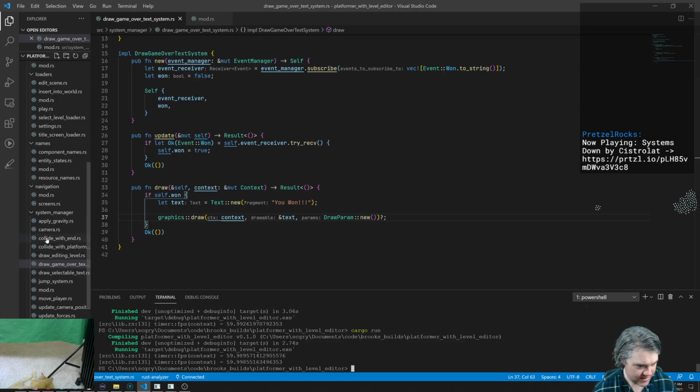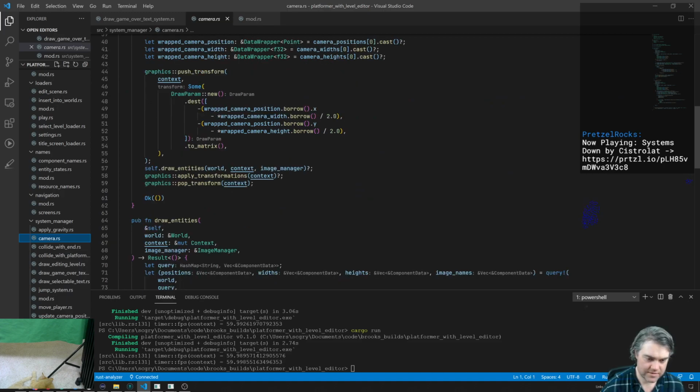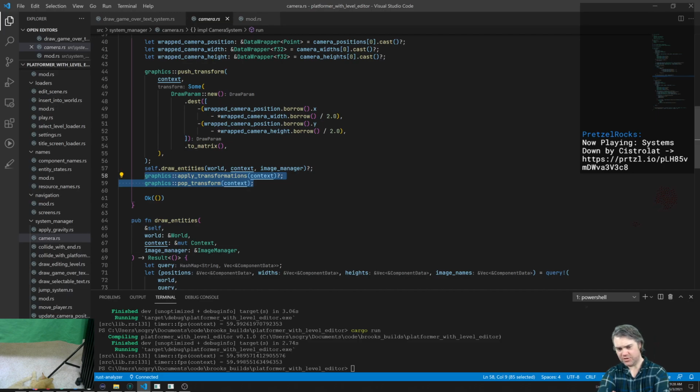In the draw, in camera, we have like apply transformations, pop transformations. I sort of figured that this would